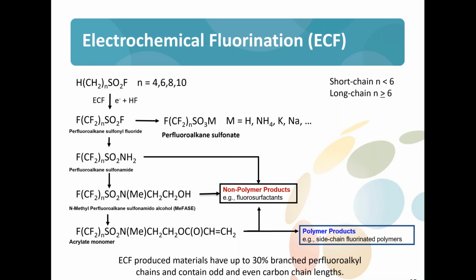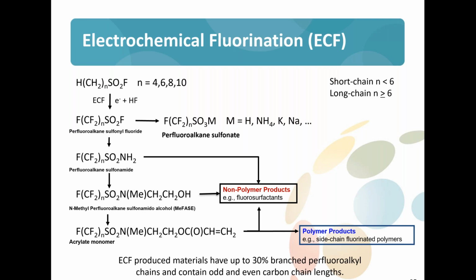The other chemistry that Bob talked about was electrochemical fluorination. One of the things that you're well aware of, and Bob let you know this, is that there's multiple technologies that have been practiced over the years. The electrochemical fluorination is just that. It's an electrochemical cell that produces a variety of products, as you can see here. That's a lot of chemistry, but a couple key messages. Just like the telomer products, there are non-polymeric products like surfactants, like you see there in the middle. On the right hand and the bottom, there are polymeric products that are derived from these raw materials and intermediates shown on the left-hand side.